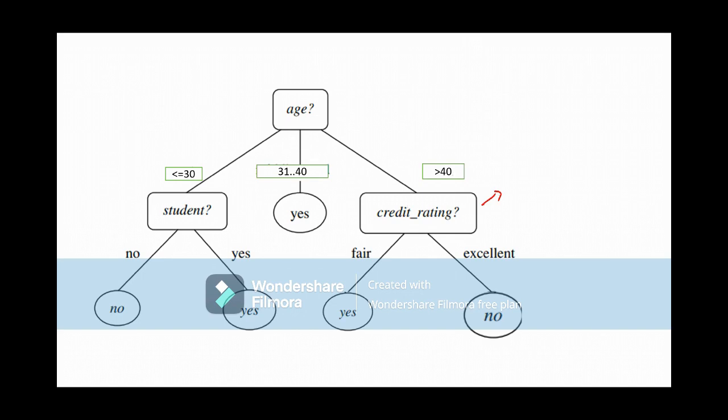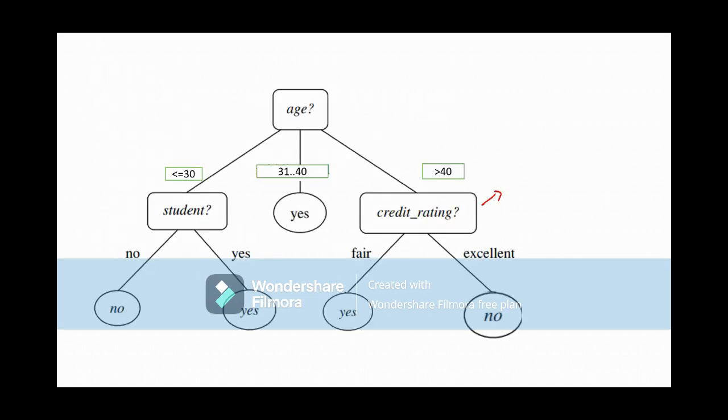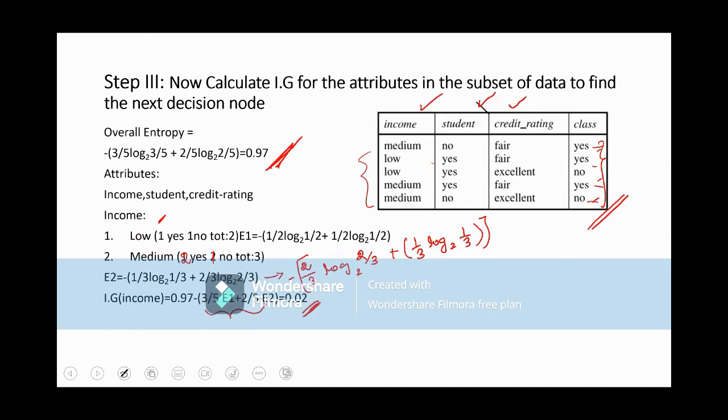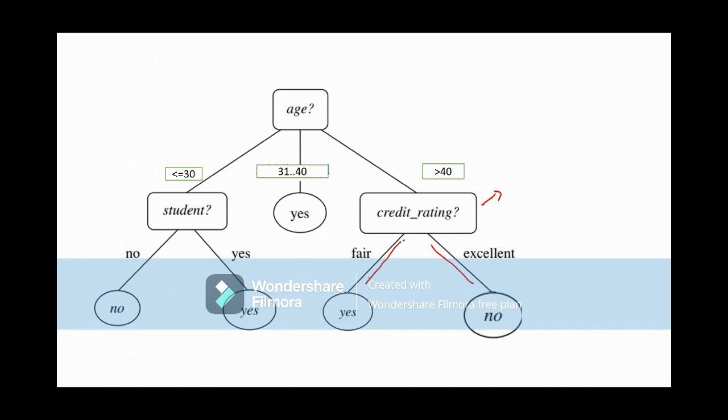So credit rating is the decision node we have chosen for the right side of the decision tree. Then it is having two values, fair and excellent. So if you are choosing fair, then all fair belongs to class yes and all excellent belongs to class no. So if your credit rating is fair, it belongs to yes, and if the credit rating is excellent, it belongs to no. So this is the final decision tree constructed for the given